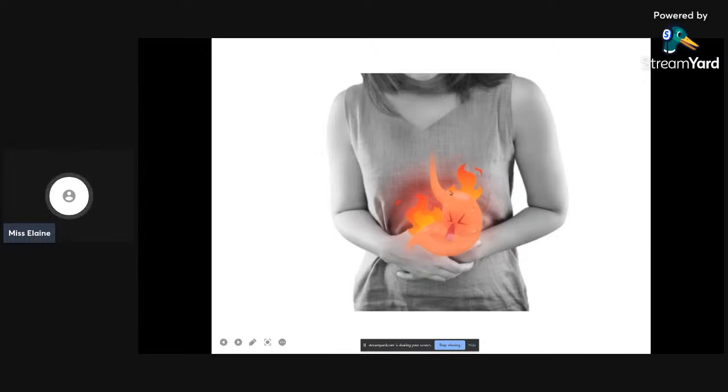So what is the function of this HCl? To help with the digestion of food. So what is the role of acid in our stomach? As I've said, HCl or hydrochloric acid in the gastric juice is in the